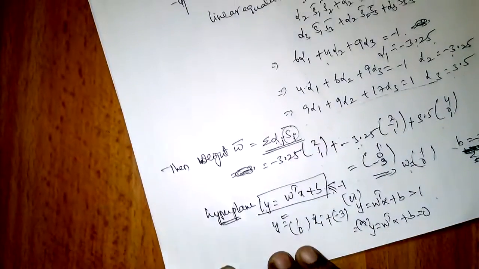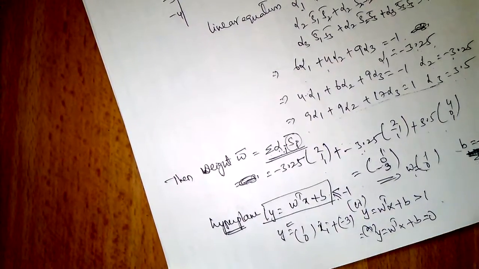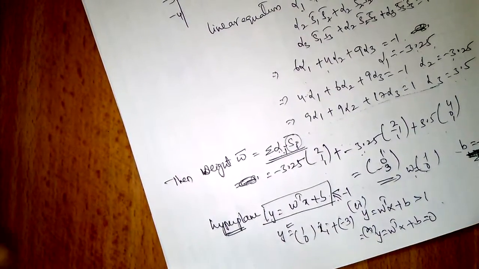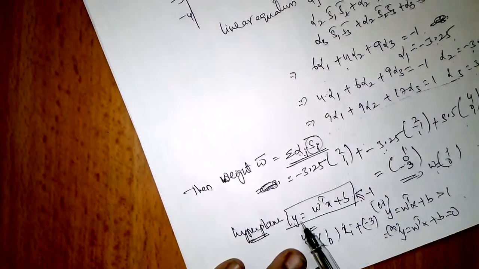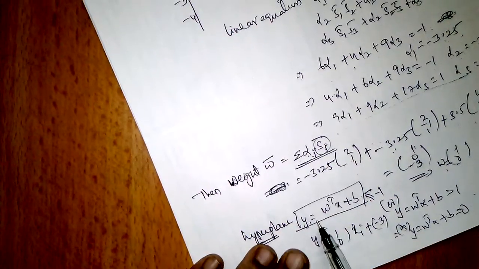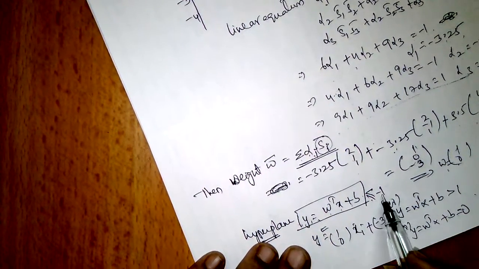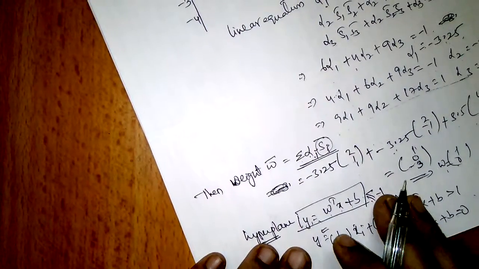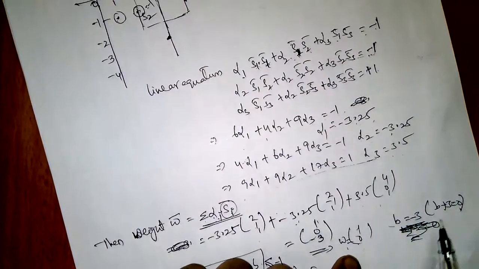Now you calculate for a given input whether it is lying greater than or equal to the positive value or less than or equal to the minus value. How will we calculate? Find the hyperplane, y = WᵀX + B, less than or equal to or greater than or equal to 1. You take the value and find it for each input value x1, x2 for each data set. Okay.